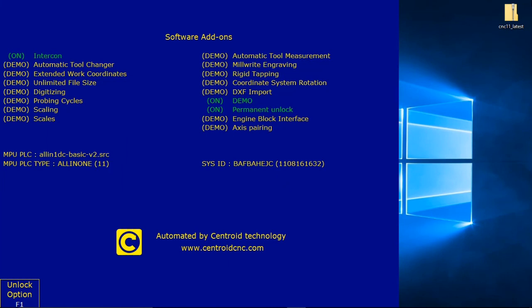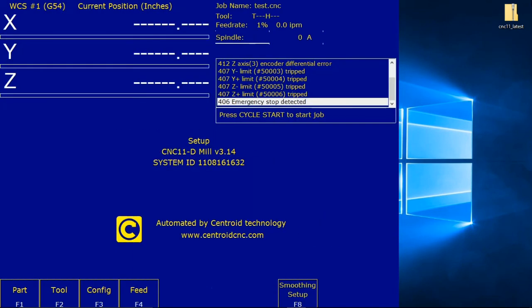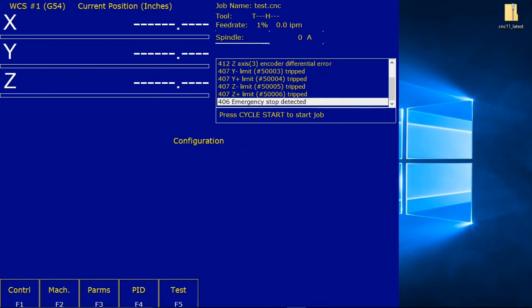So, change machine home type. Navigate to the control panel as seen as 413 from the main screen. So we're going to get out of this. Main screen, F1 setup, F3 config, 137, and then we want F1 control,